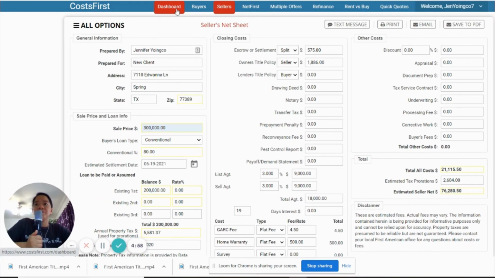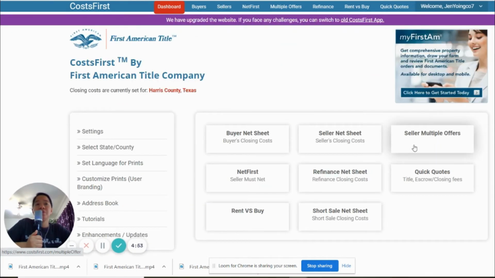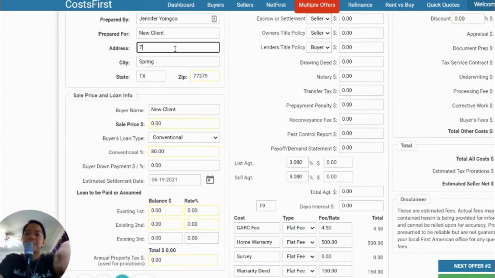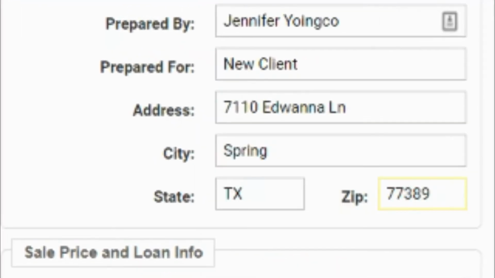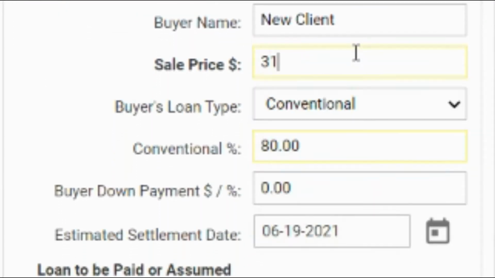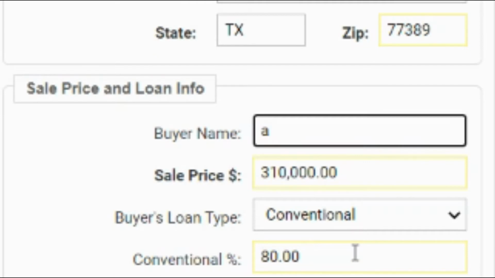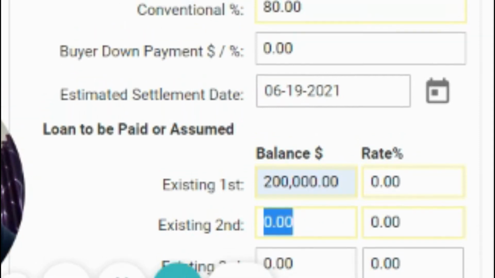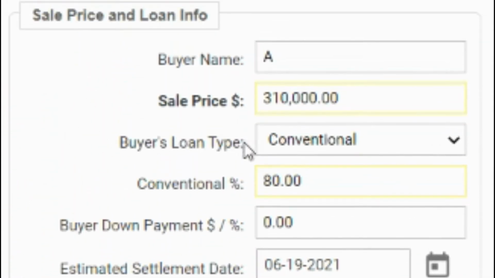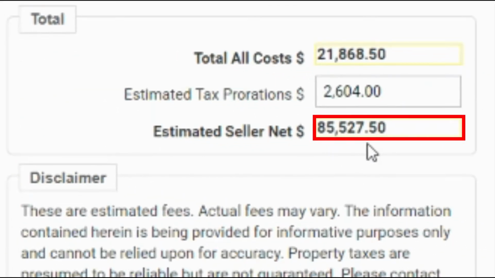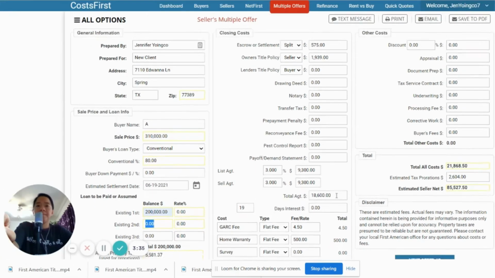Okay, now we're going back to the dashboard, and this time we'll do the seller multiple offers just to see how the sellers choose the offer. Let's put the property here again. Let's say the price of the house is listed at 300,000, and let's say the first buyer offered 310. Let's say buyer A. And let's say the seller has a 200,000 loan. And as you can see for buyer A, at 310,000, the seller will be netting